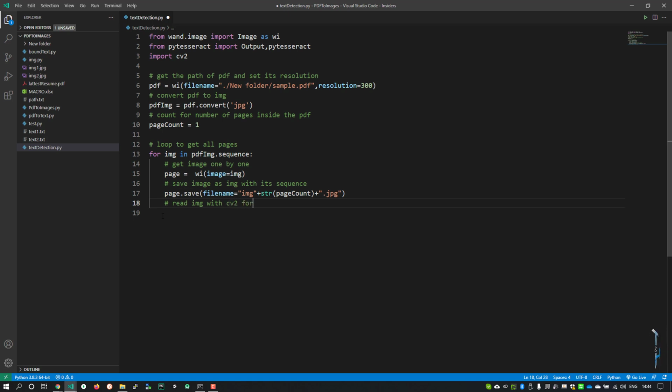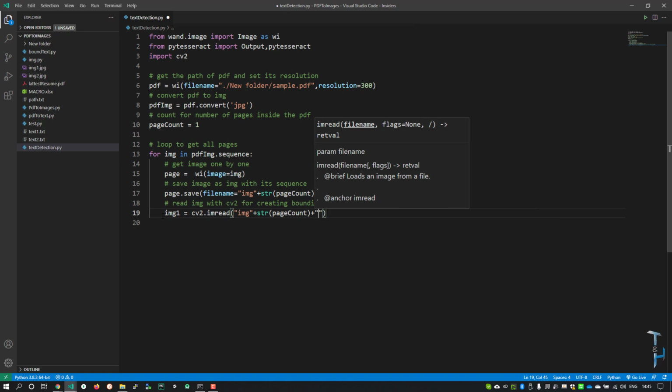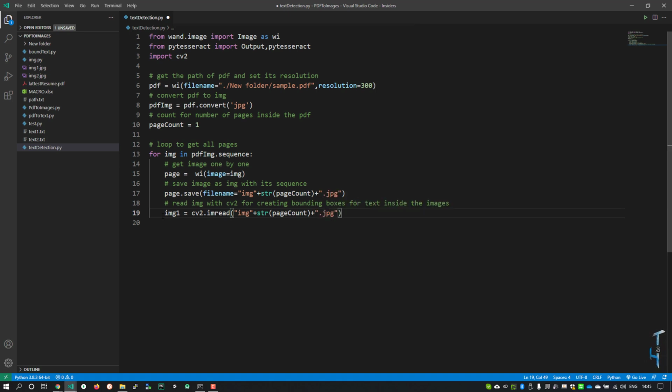Now we are going to use the cv2 library to get the bounding boxes for the text inside the images. img1 equals cv2.imread img plus str page count plus .jpg. Now creating an empty array named text array,